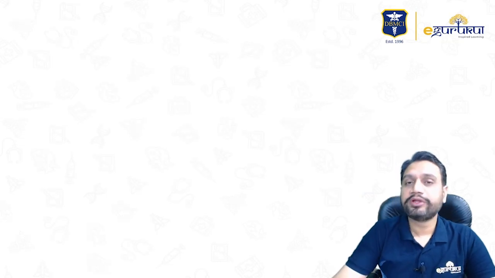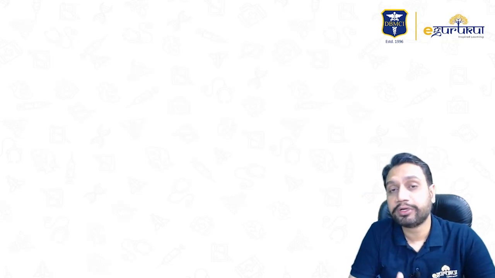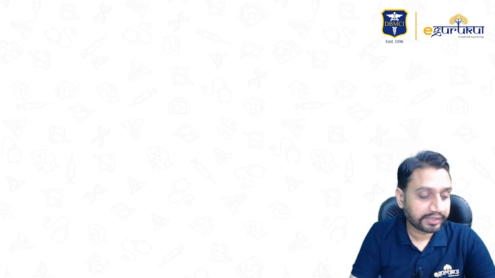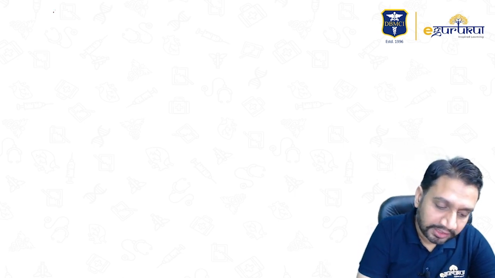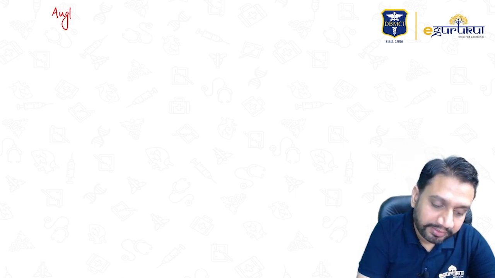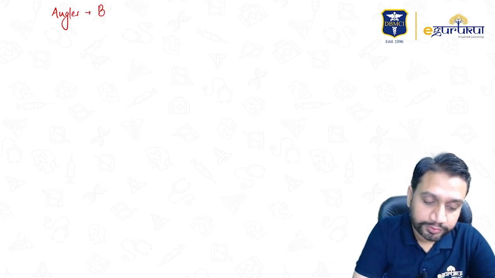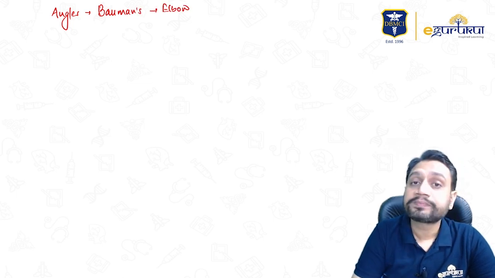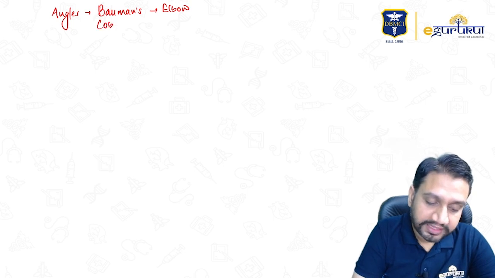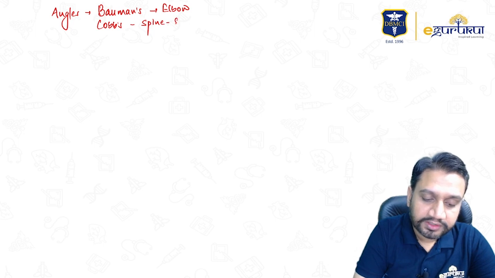Okay. Similarly, when you have matched side A with side B for the eponyms, what I want you to remember are the different angles which can be asked again as matching side A with side B. So what are the different angles which we should remember? One is Bohler's. Where do we see Bohler's? Bohler's is seen around the elbow. Second is Cobb's angle. Where do we see Cobb's angle? It is seen in the spine in the cases of scoliosis.